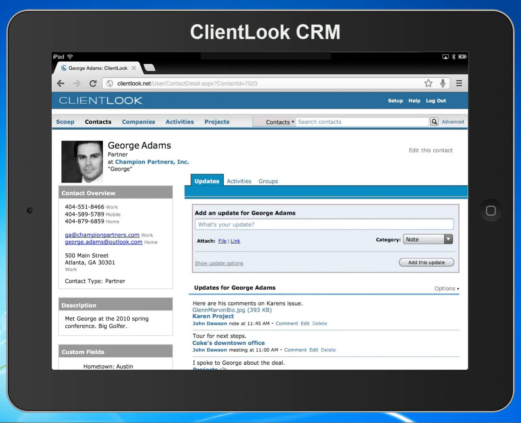Like a regular app, though, ClientLook is meant to provide you access to your cloud-based data through your iPad. In this case, it's access to your contact data, your calendar, and even the projects that you're working on. The screen you see here gives you a complete picture of everything I've described. You see your clients' phone numbers in the upper left corner there, their email addresses, street address, and more. You can add custom fields. You can also see the ongoing history of everything you've ever discussed in the Updates tab.